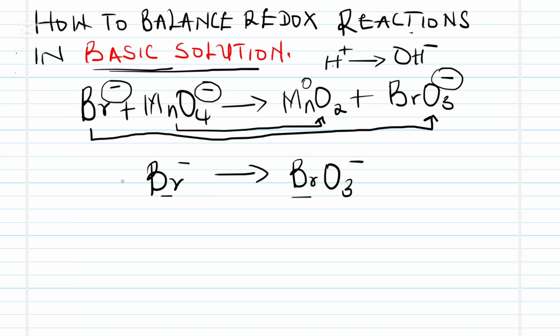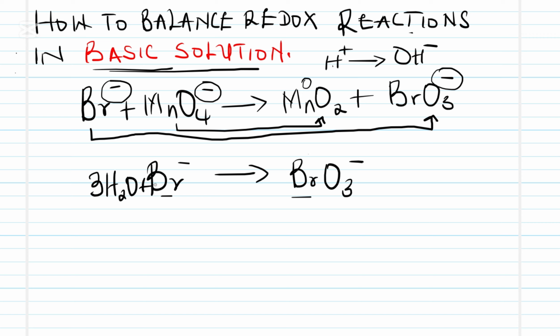So what do we do right now? In redox reactions, you can add water, right? If you add water right now, you introduce oxygen on the left. But the question now is, how many are we adding? We're adding three, right? Because if you add three water molecules, let's say 3H2O,